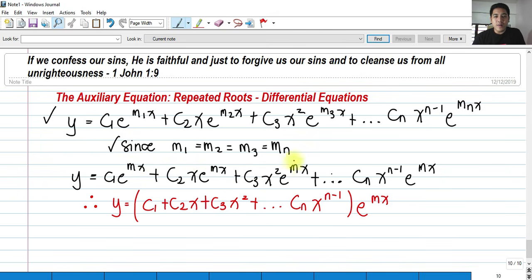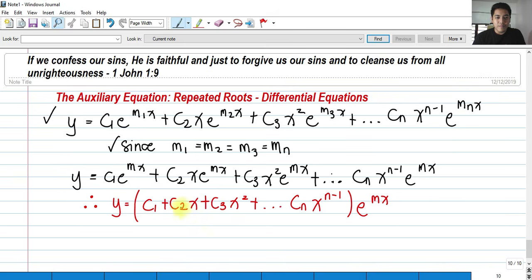All are replaced by simply m because they are all equal. They are repeating roots. So we can factor out e raised to m multiplied by x,